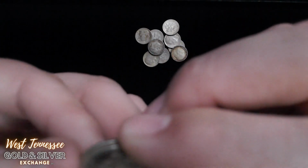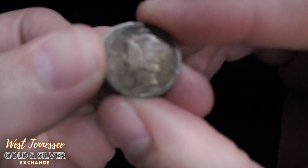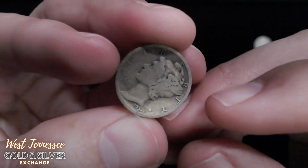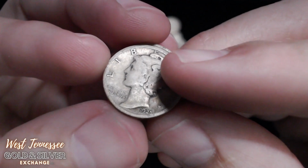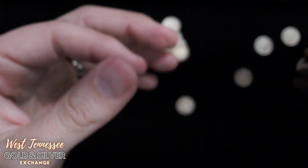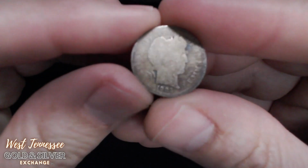Here is our first Mercury, a 1924. That's a common. 1944 is also common. A 1925 is common. Remember, the ones we really look for are the 1916D and a 1945. These are all common. And this last one right here is a